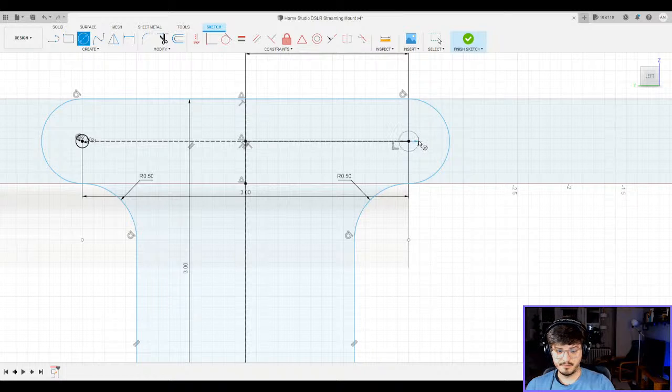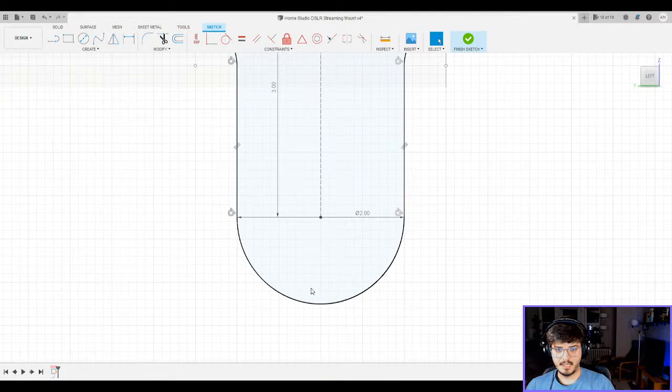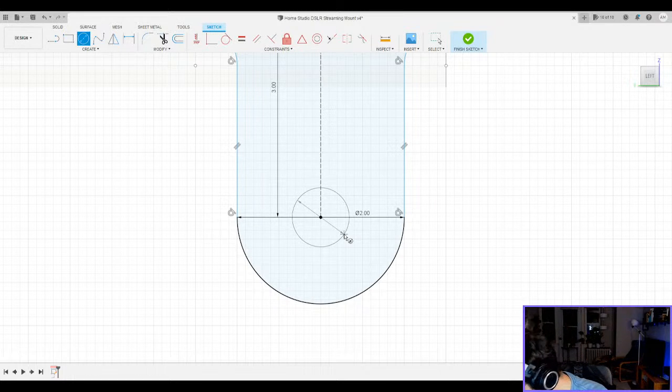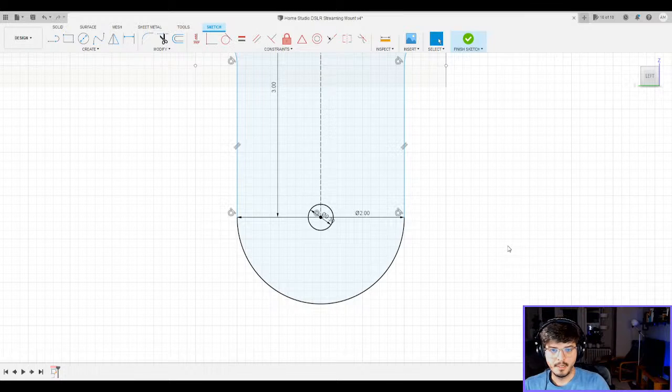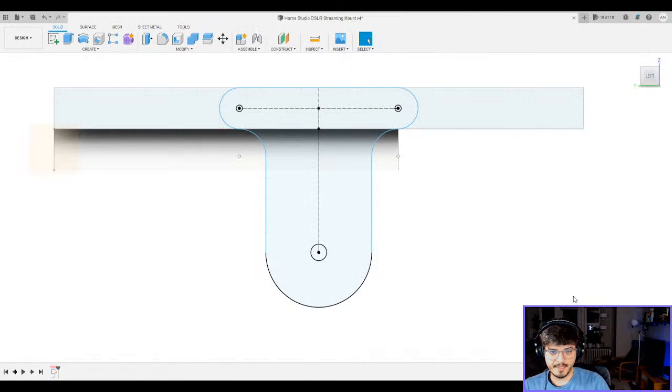Let's do that here too. 3 millimeters. Sure thing, boss. There we go. And we've got this screw. This piece is, I think, 1/4 inch. Yeah, I think I said it's 1/4 inch. So I'm going to make it a little bit oversized, just over 1/4 inch. Let's make it 0.3, just to give it a little bit of wiggle room. And I'm going to use a washer and a screw on that. So that's what we're going to do.